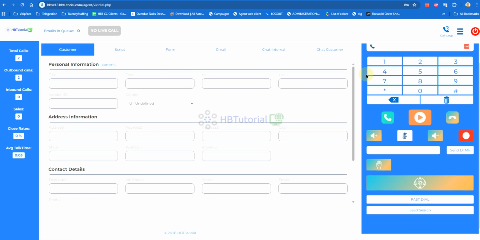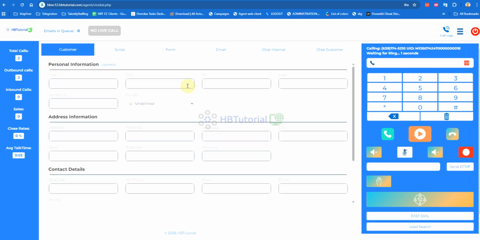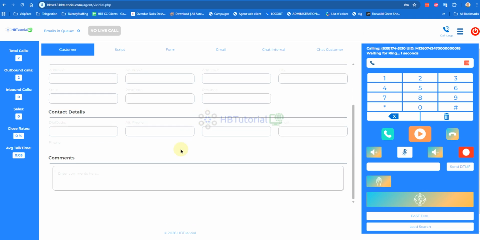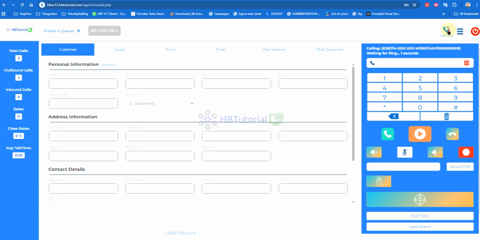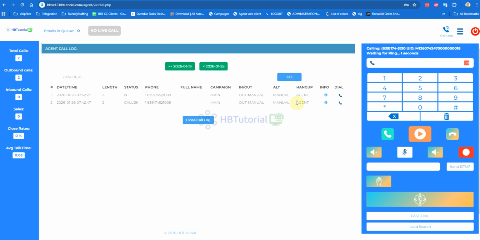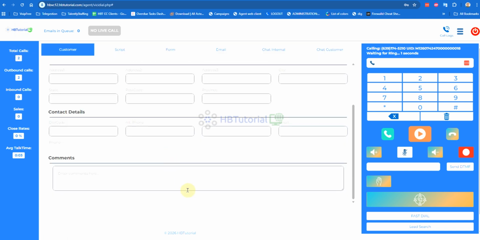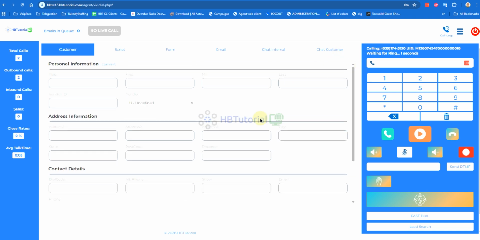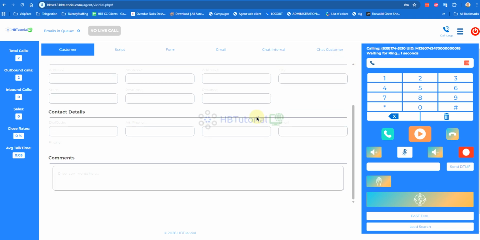If I want to put a callback, let's see. Okay, so my callback is not yet set for time. Okay, let's see. So we have a callback here. Close. Let's see where.